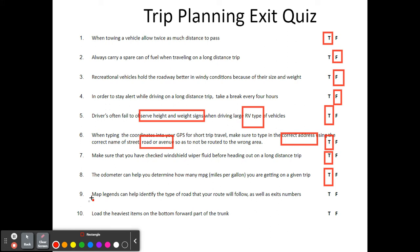Map legends can help identify the type of road that your route will follow, as well as exit numbers. This is true as well. Okay, we don't use maps too much anymore, but we do need to be aware of the type of road. Okay, and that's kind of hard to do